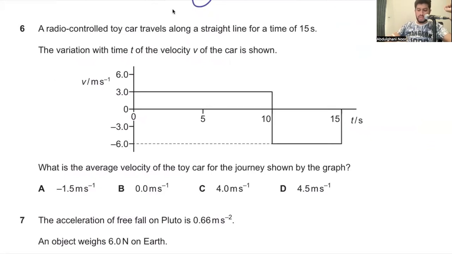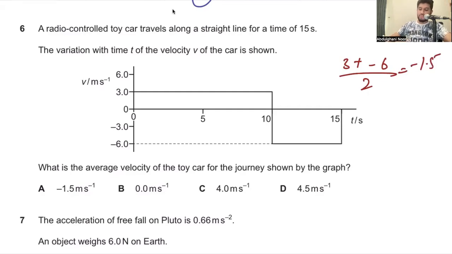One common mistake that I've seen in this particular question is that students say, average की बात है ना, average क्या है, sum of numbers divided by number of numbers. That is what they do. They'll say, एक काम करते हैं, इन दोनों को प्लस कर लेते हैं, 3 और -6, 3 + -6, and then let's just divide that by 2, and that gives you some value as -1.5. And the student would say, जी option में भी है, this has to be correct, but that is incorrect.